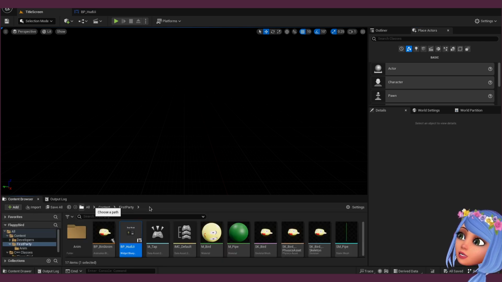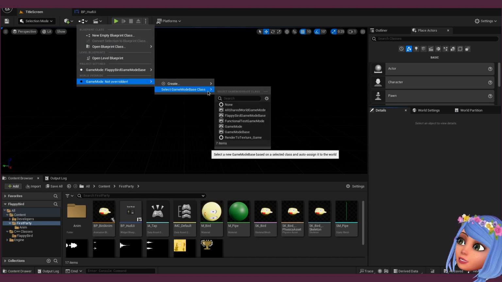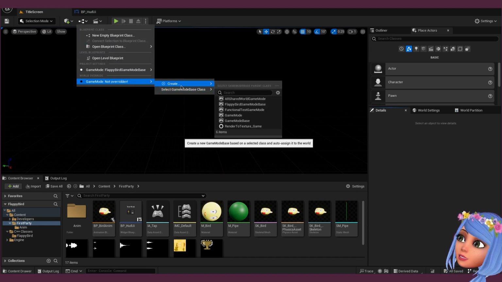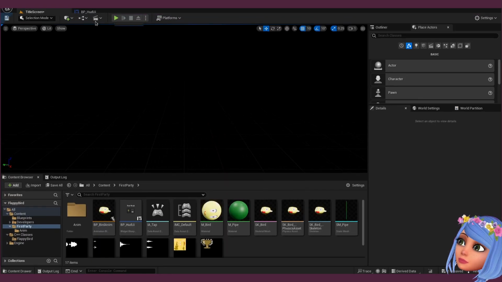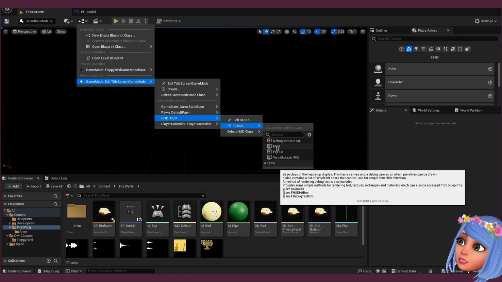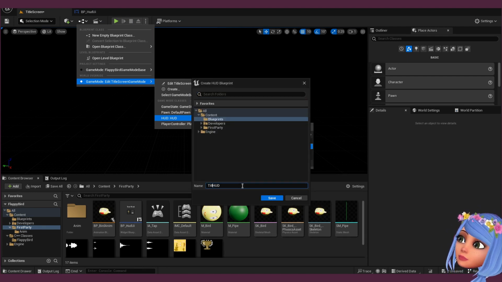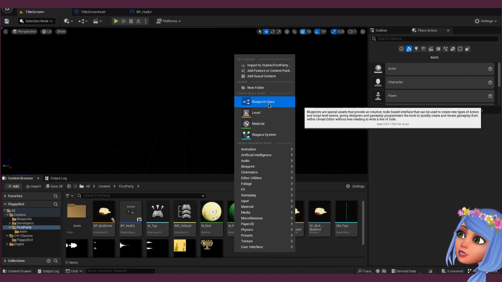So what I would do is create a new blueprint, override, and we will create the game mode base title screen, and we will set the HUD, which would be the title screen HUD,